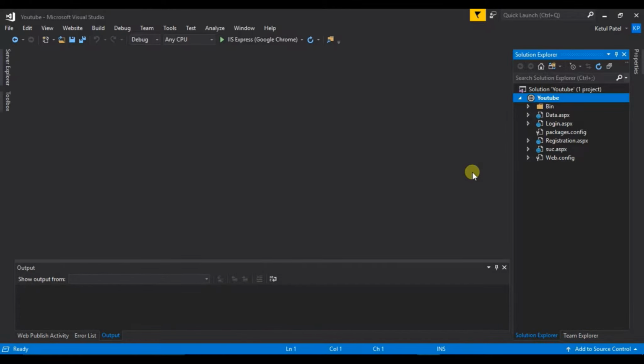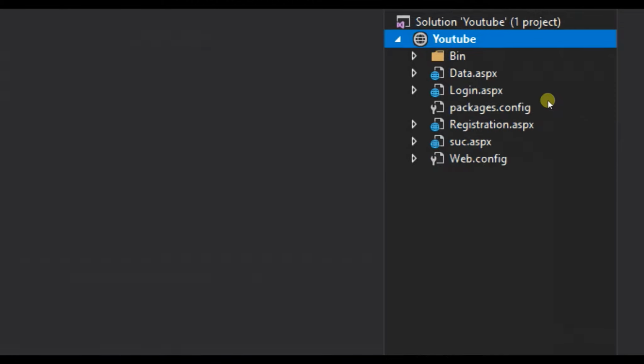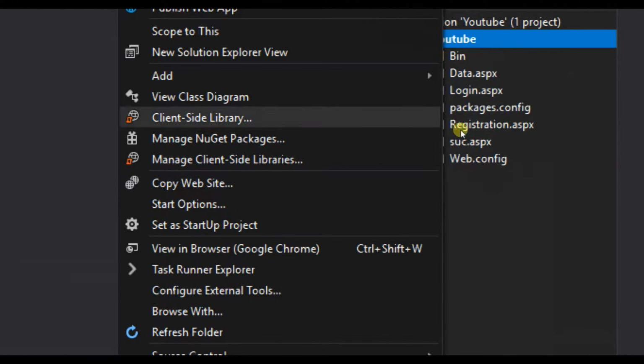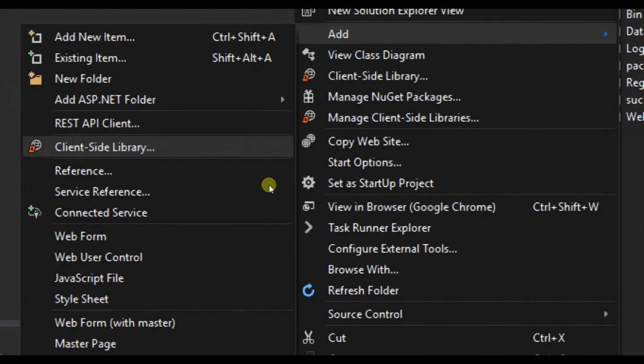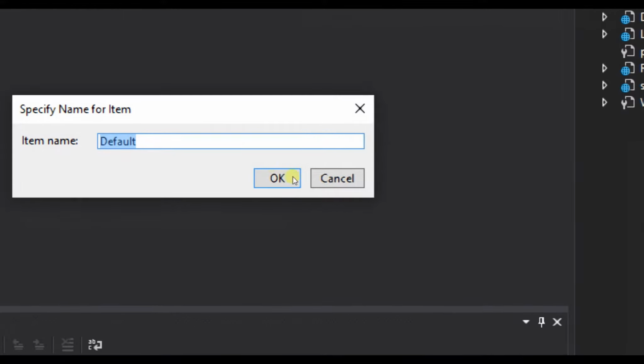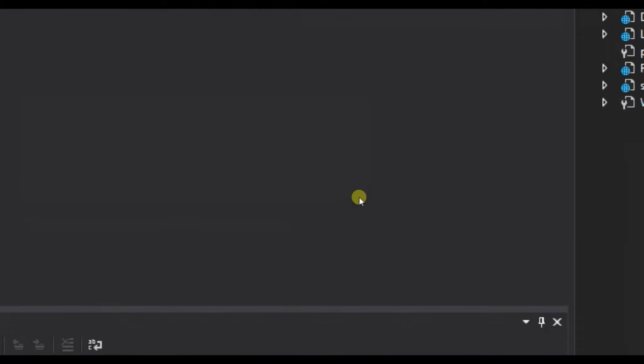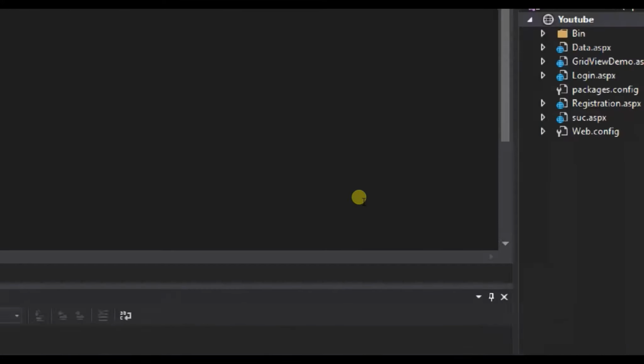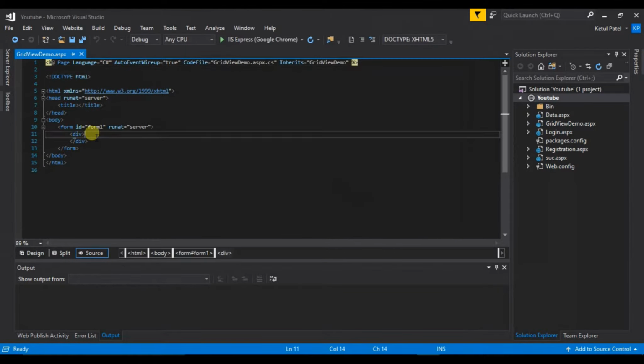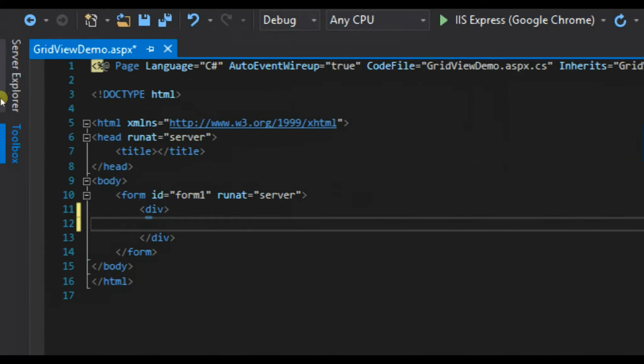So first, let us create a new page, meaning a new web form. Let's name it GridView demo. So here you can see that our grid view demo is created, and now what we'll do is we will